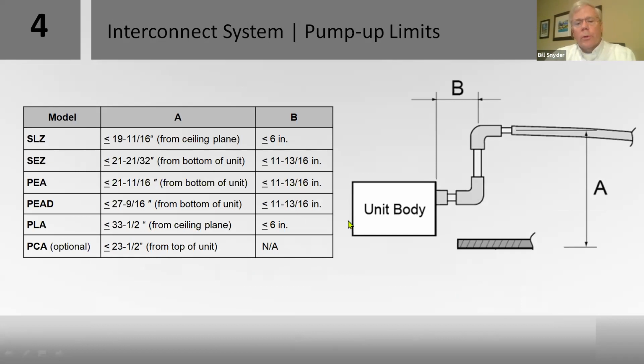What this chart is showing here is when you're reading these units as condensate lift mechanisms, they lift the water up out of the pan here and sling it out the top of this unit. It may say you've got like 21 inches. That is from the bottom or the top of your ceiling up. So if this unit's already 12 inches or 10 inches tall, you're only going to be able to go another 8-10 inches of height,